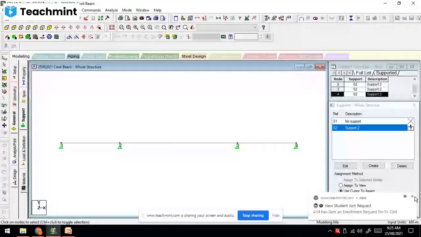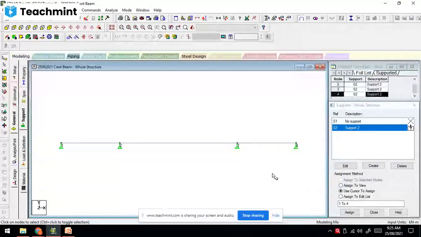Okay. Hope maximum of all of you has a laptop or desktop with you, so you can practice in parallel. Those who do not, you can write down the commands. You can write down what we are doing on this STAAD Pro screen, so you can understand better, right?